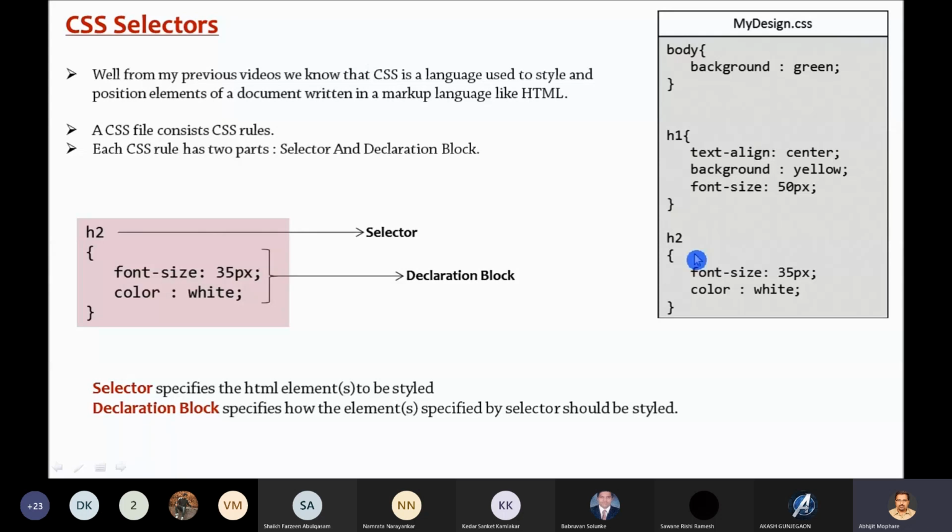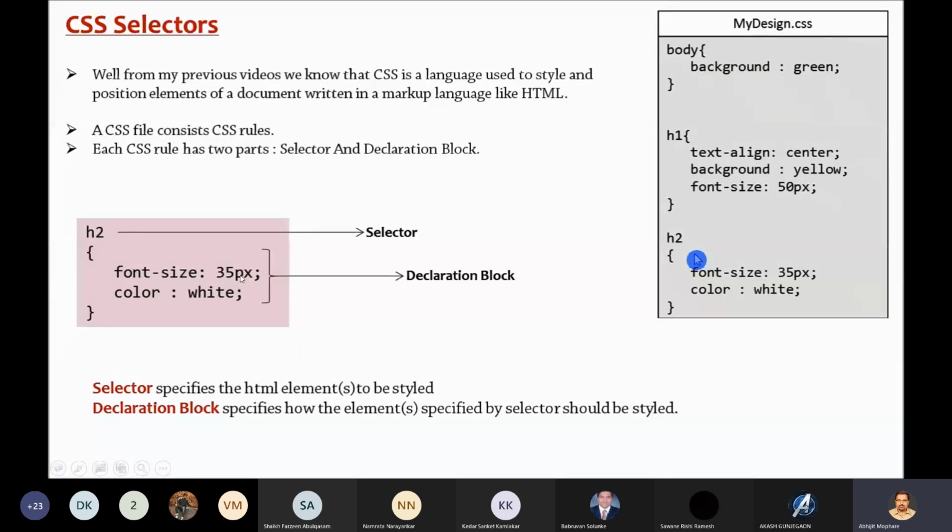It has 2 parts: the selector, and the declaration block. The declaration block starts with the opening curly bracket and ends with the closing curly bracket, and within it you have several name value pairs, and these name value pairs specify the different properties you want to apply to the selected HTML element.